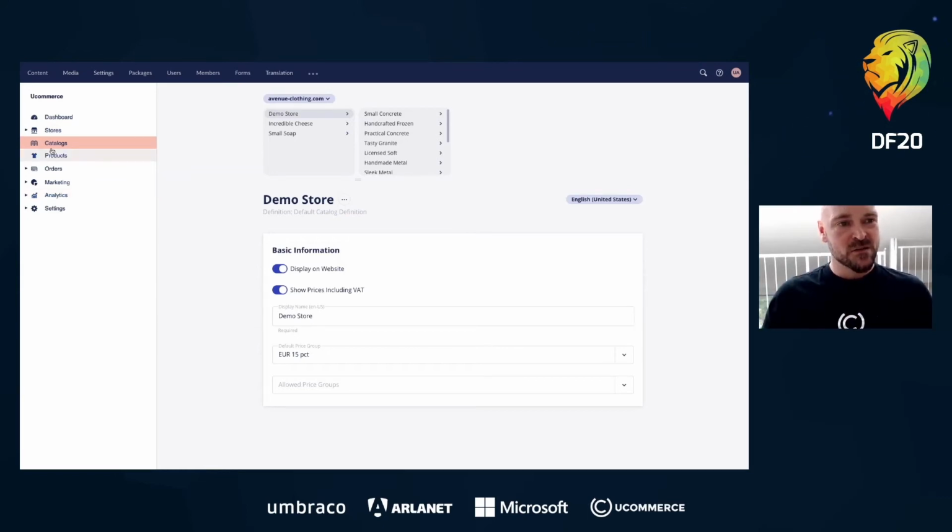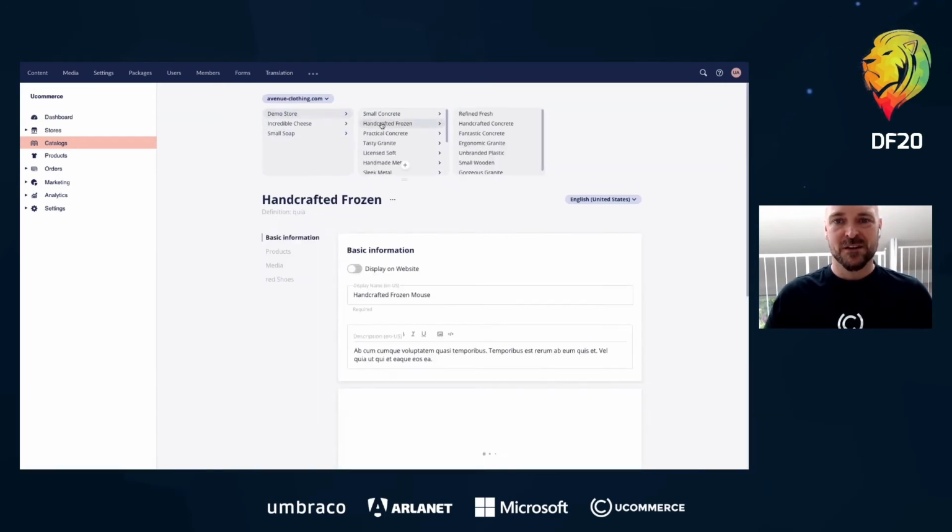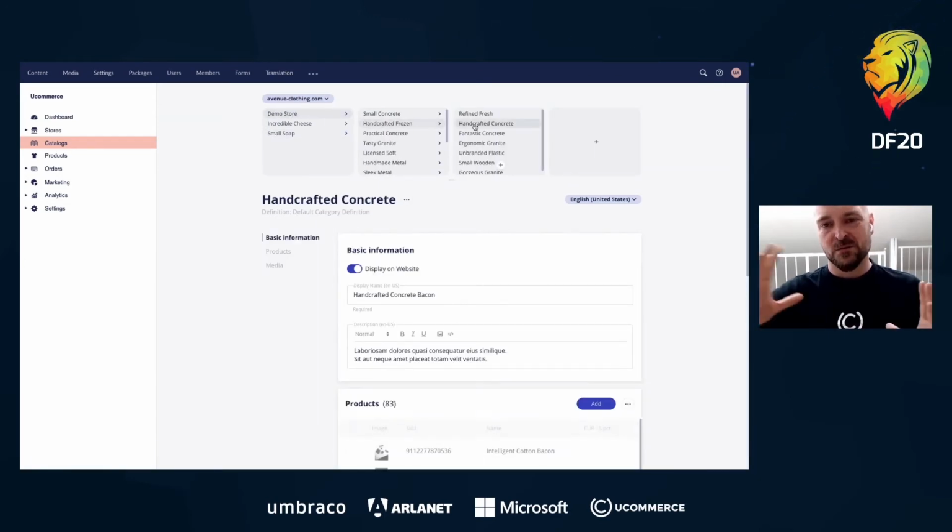So we decided to move a lot of the structural navigation out of the hierarchies over here and move it into the middle of the screen. So you have a better idea of what's going on and only focus on that one thing. So what we're looking at here are the stores within Ucommerce and the catalogs. And so we can navigate through the catalogs. And as you can see, we can do it really snappily here. And we do it in a sideways fashion, so we can see more clearly where we actually are. And then we can start scanning down.